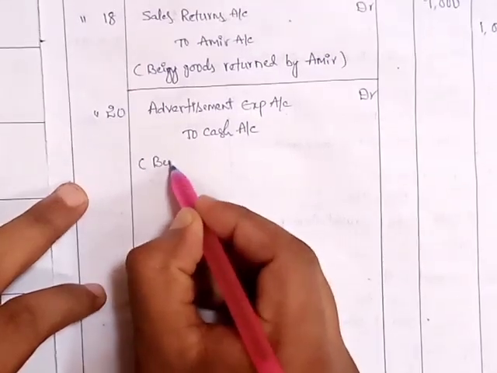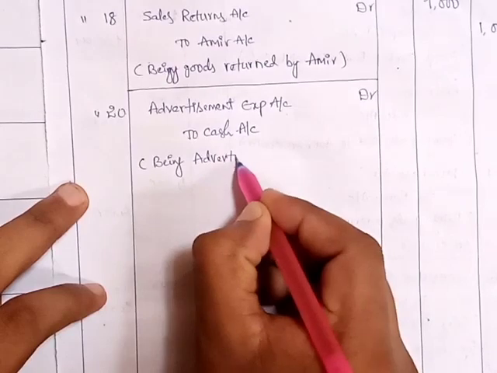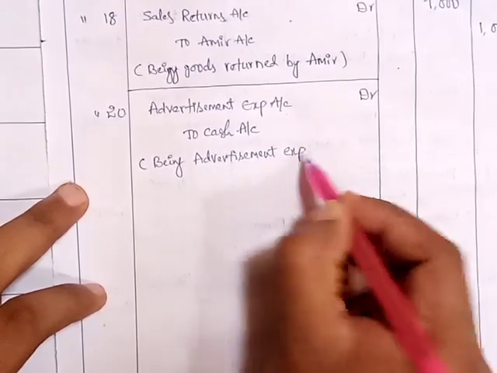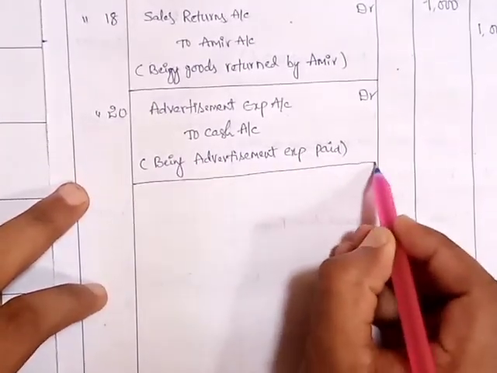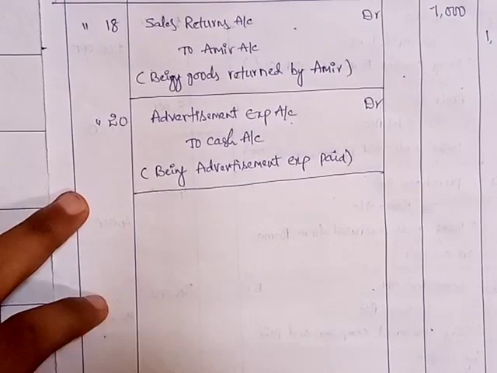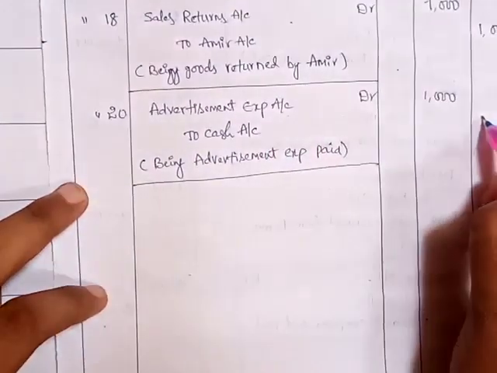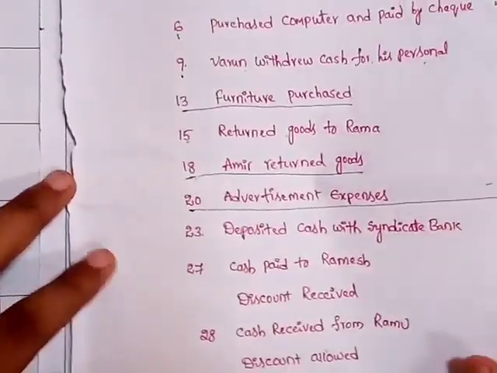Narration: being advertisement expenses paid. So opposite to debit line in debit column 1000, opposite to credit line in credit column 1000. Next